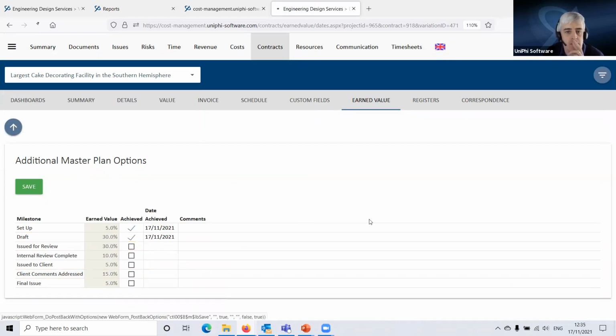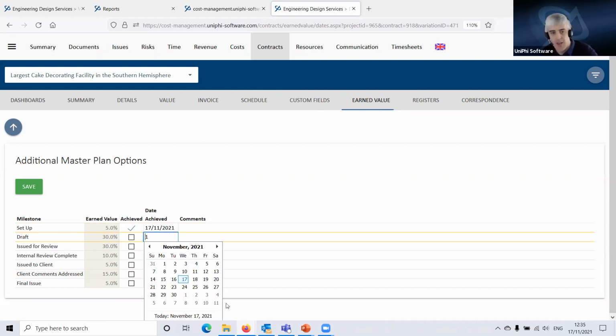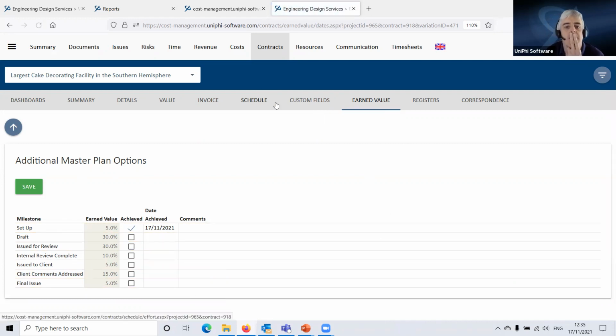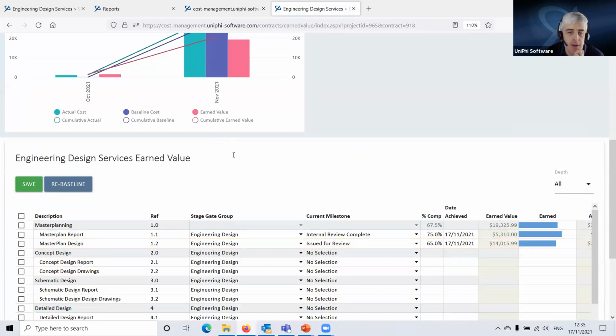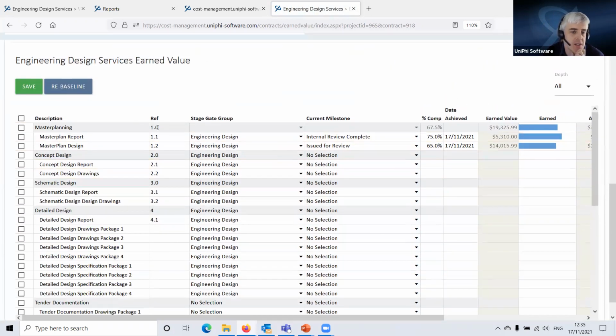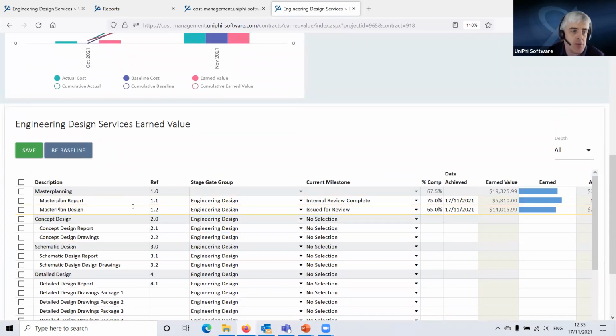Let's just say we've hit draft here for this one. Ah, no, we haven't. I know what's happening here. So there's one last thing that I just completely forgot to do, which was that with the addition of the value of the variation, our baseline has changed. So I need to hit this rebaseline button,